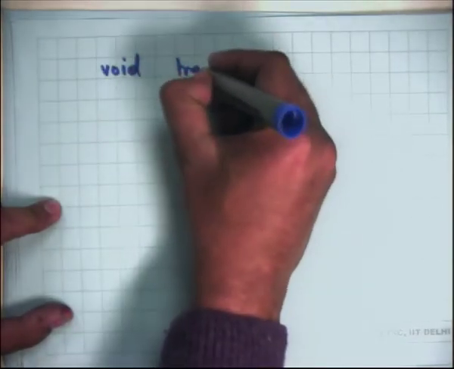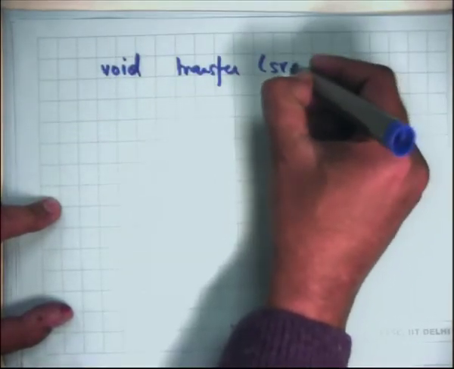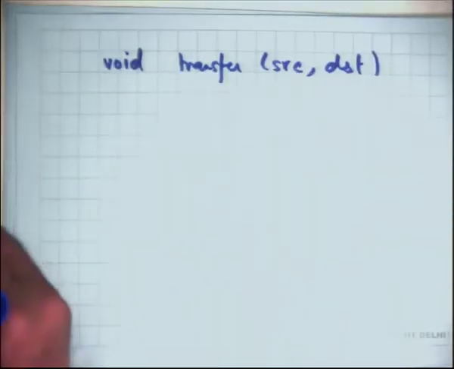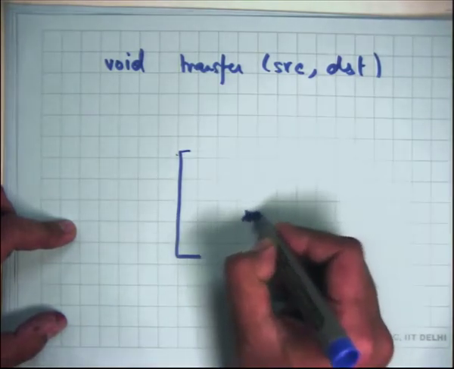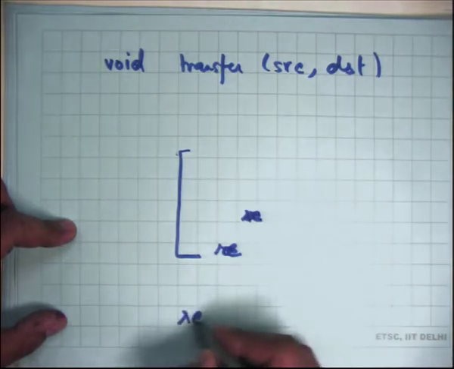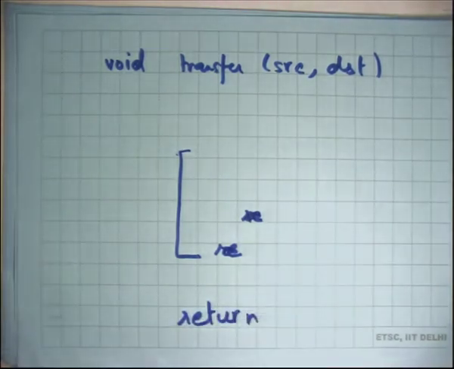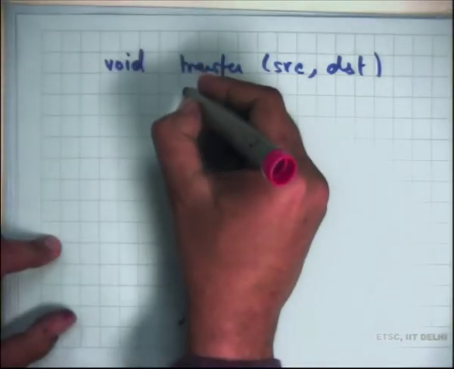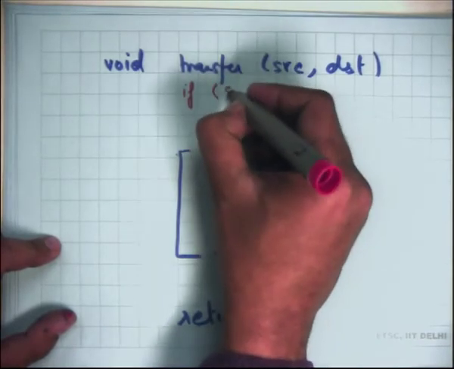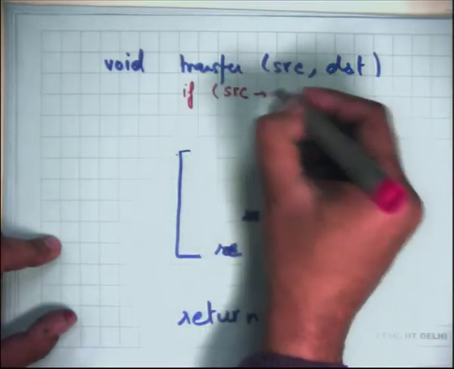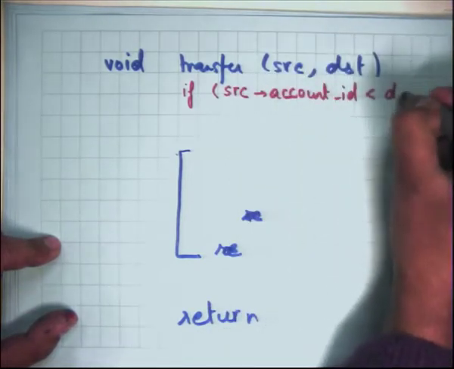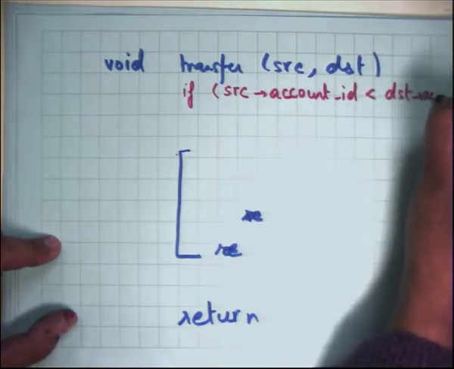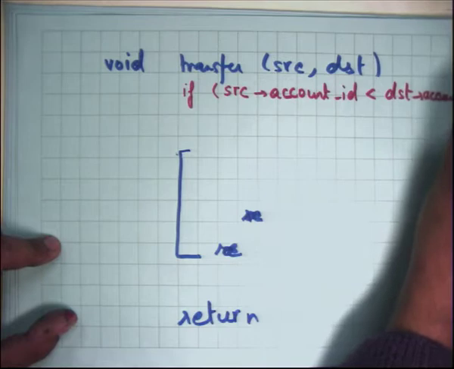void transfer(source, destination). And let's say this is all my code, which has a return somewhere, at the end of it. So I'm not going to write the whole code, but let's just look at the locking behavior. So I may want to do something like this: if source.account_ID is less than dest.account_ID, then